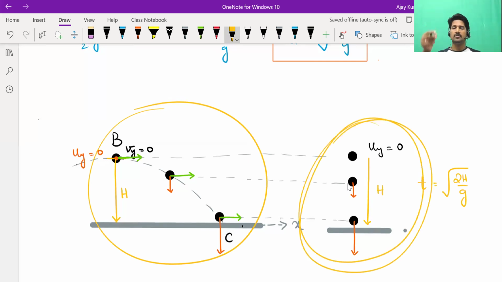Vertically, during descent, what happens is this. The ball is dropped from rest vertically. Horizontally, it is moving because it has that x component of velocity. But see, x component is parallel to the ground. No, it won't help the object go up or come down. So those green arrows that are there, they are taking it sideways. They're not taking it upward or downward.